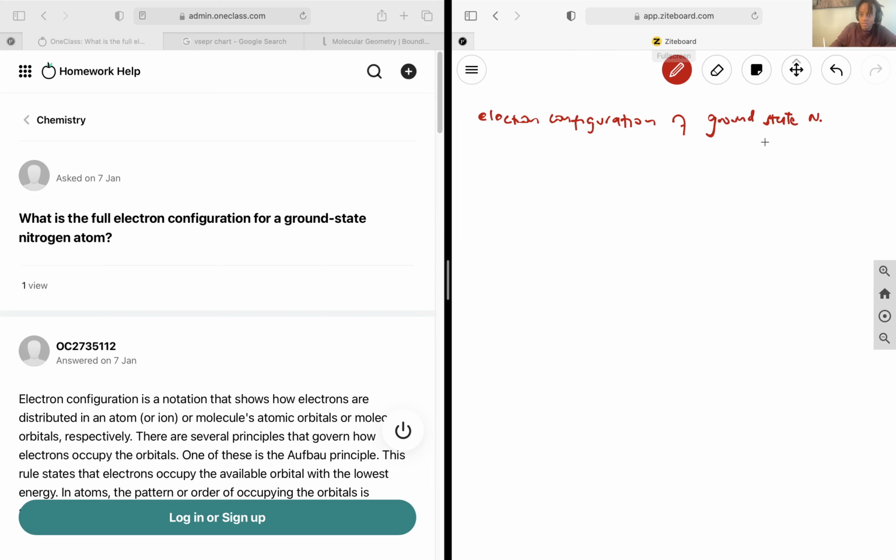Ground state nitrogen. So the electron configuration is notation that displays